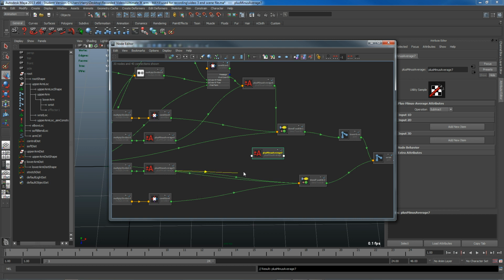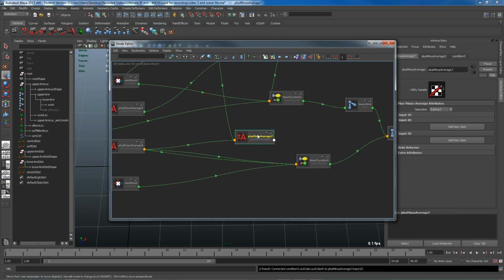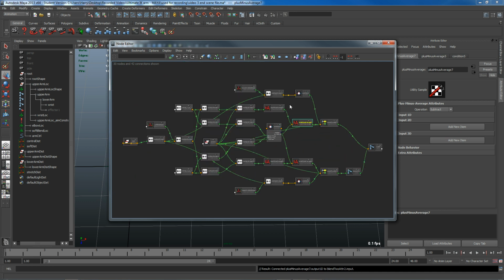And I'll say out 1D, and now we can place this into input 0,